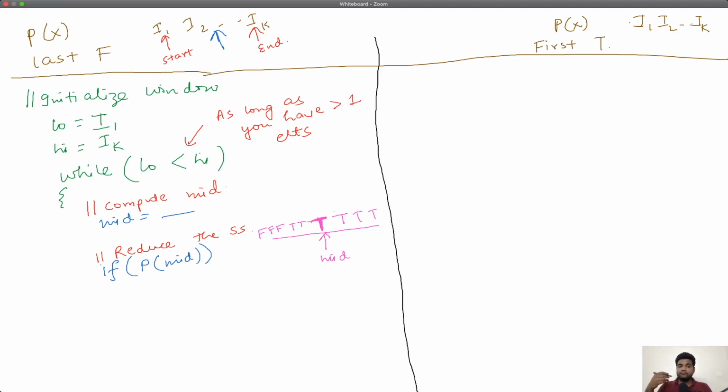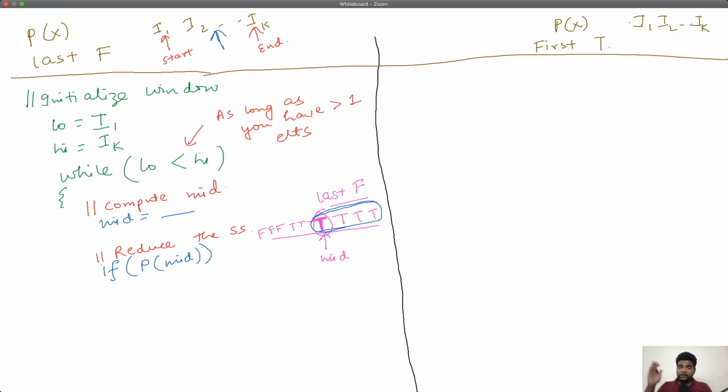So what does that mean? You are interested in the last F, right? So if the predicate evaluated to true, that basically tells you that this entire part is irrelevant.